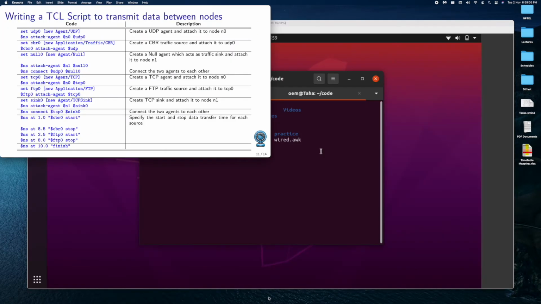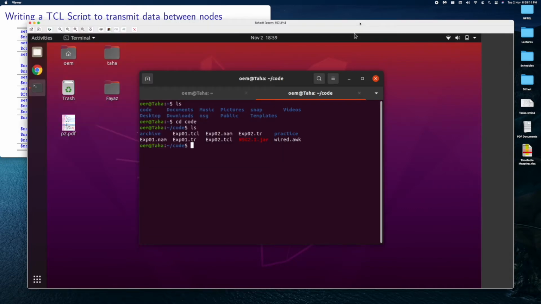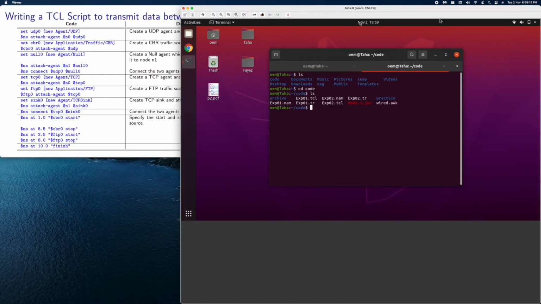Let me move this slide to one side, and in the background we have the Ubuntu where we have NS2. Let me maximize this. Let's keep it like this so that both the code and the NS editor are available. We have the experiment2.tcl.